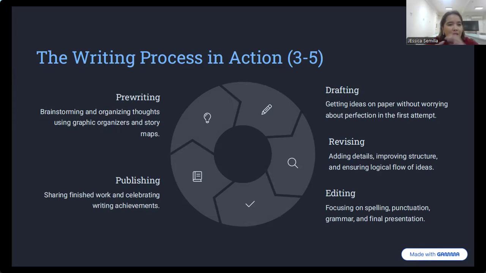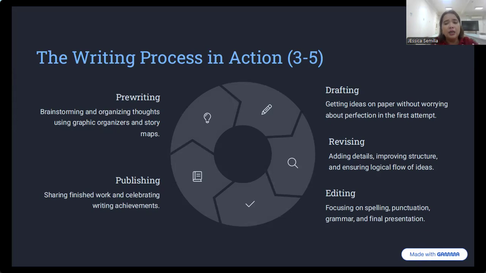However, as they have written it already, they try to read it. That's one of the most important things also in writing. After writing, they need to read it, to check if they are consistently and articulately having a sound idea, a parallel meaning, and a consistency of the idea. So that's also under drafting. When they are already complete, that's the time you read it, and after that, you revise it. If you think there is still information that is lacking, you can add details, you can improve the structure, you can ensure logical flow of ideas.